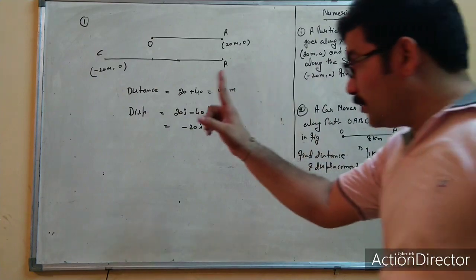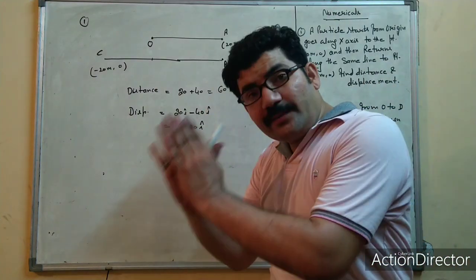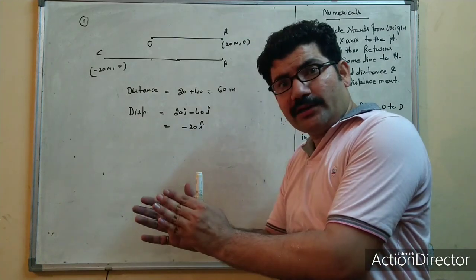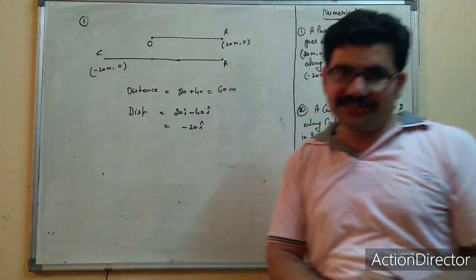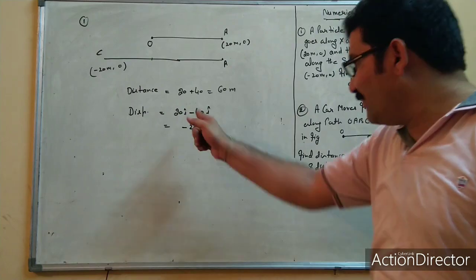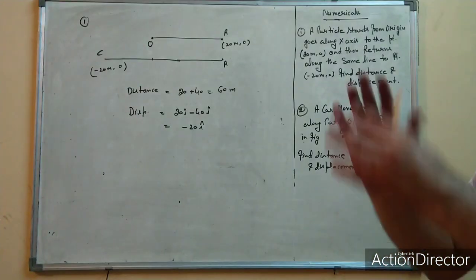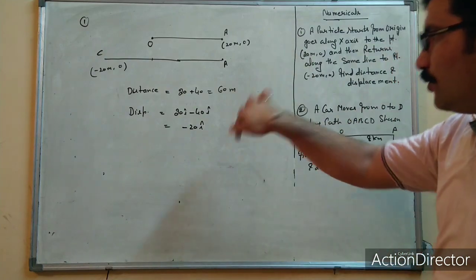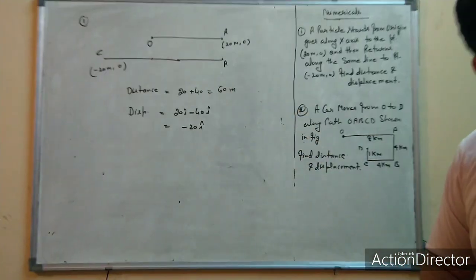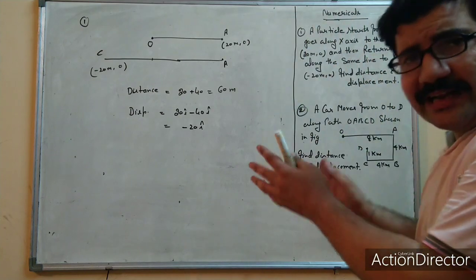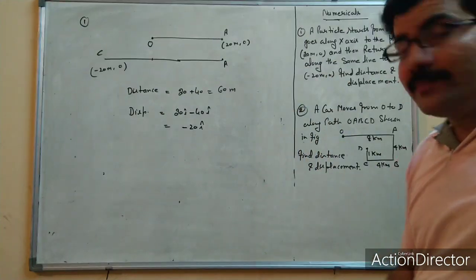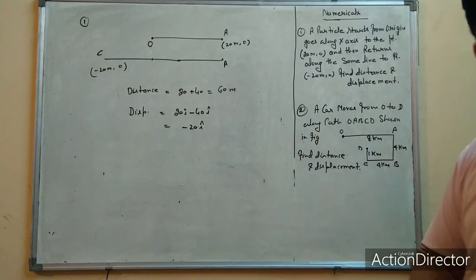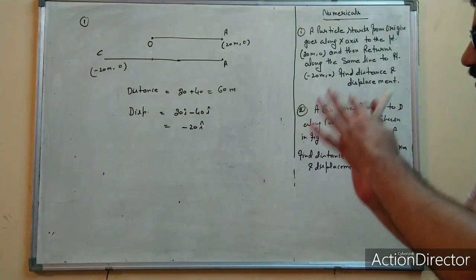Actually, here i is very necessary to show that. Why? Because it is a vector quantity, and for every vector quantity there is a requirement of direction. For finding direction we have to use i, j, k cap according to the coordinate system. At that time we are going in a straight line, that's why we are studying just i here. But if we study in a plane, then you take i and j. If you are in space, then you have to take i cap, j cap and k cap. I hope you understand very well.